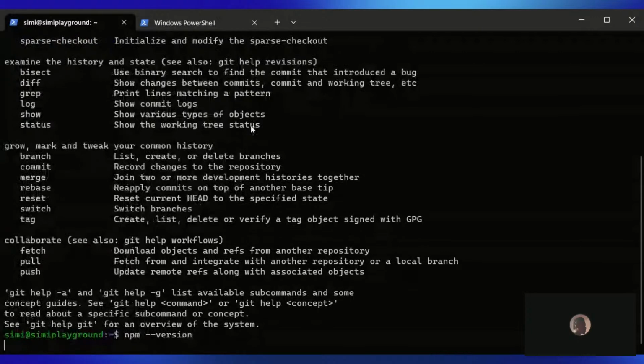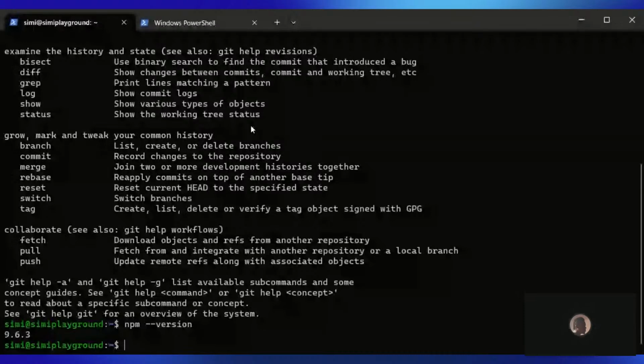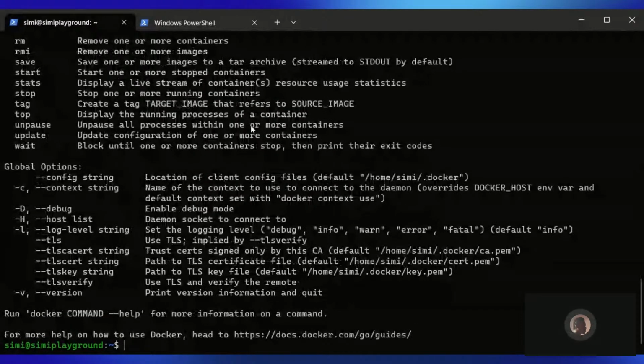I have Node 9.63 installed, and also npm 9.63 installed, and I also have Docker installed. So like I mentioned, Docker gives you a way to package your application and run those applications. So what we'll be doing now is, the first thing is, how do we get Docker to